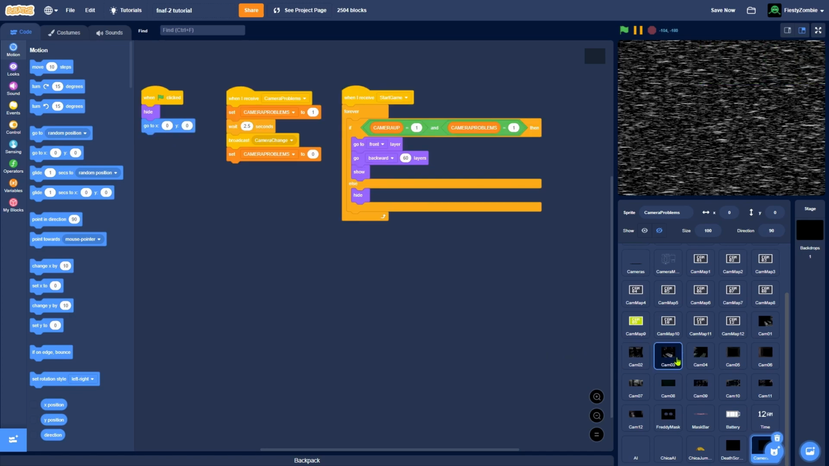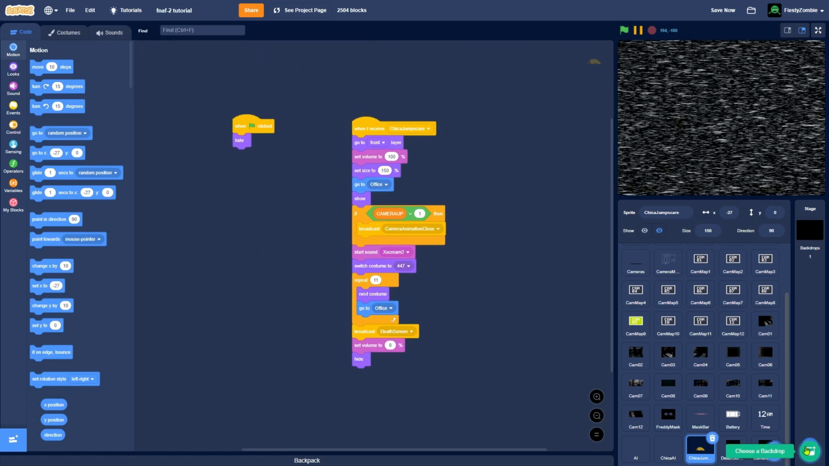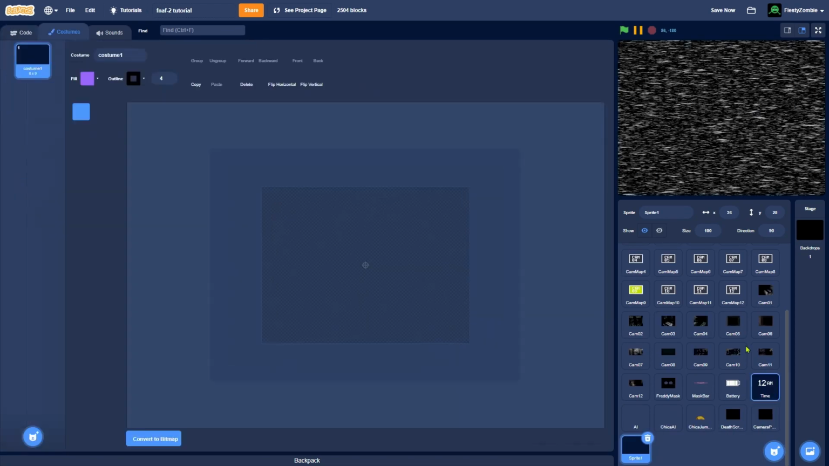In today's episode, I am going to be creating the desk in the office and also creating a little visual whenever an animatronic walks into the office as well. So starting off with, we're going to do that little visual. I'm going to make a new sprite. I'm going to call it